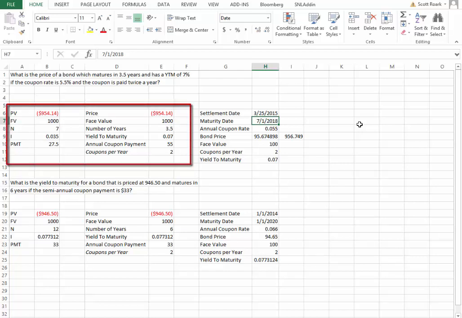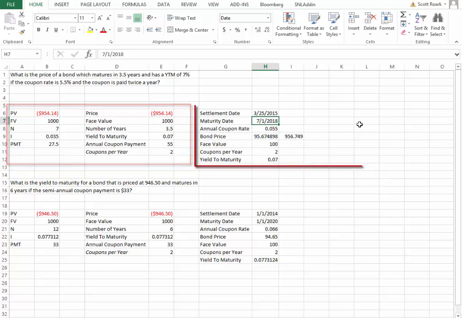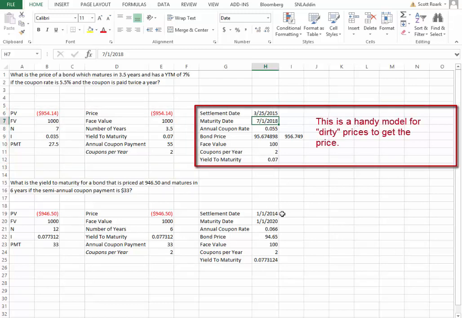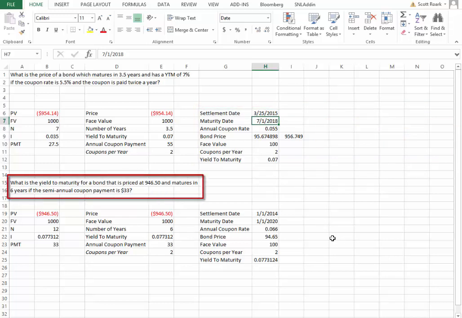So that's where this can come in handy, is to get the dirty prices for bonds. Anyway, let's look at this second framework, this second function that we can use. And we're answering here the yield to maturity for a bond. So we want to know the yield to maturity for a bond that's priced at